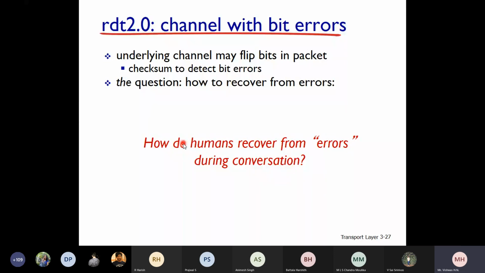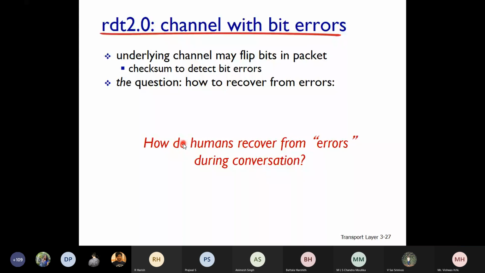So in RDT 2.0, we assume that there is no packet loss, but there are bit errors. Am I clear to you, students? With RDT 1.0 and RDT 2.0, what is the assumption in RDT 2.0? Is it clear to you?